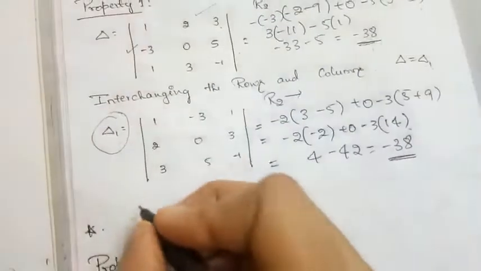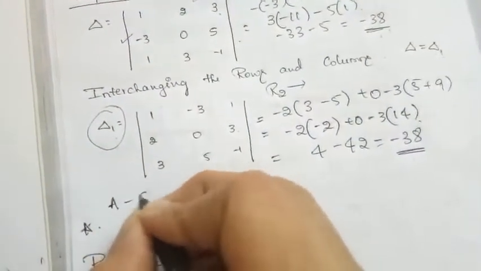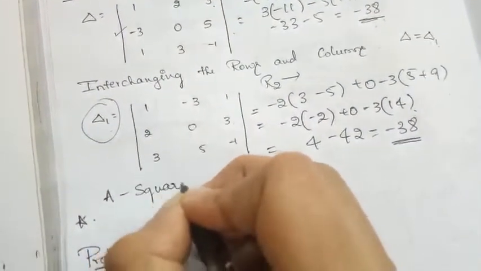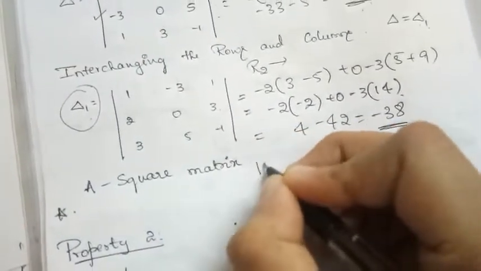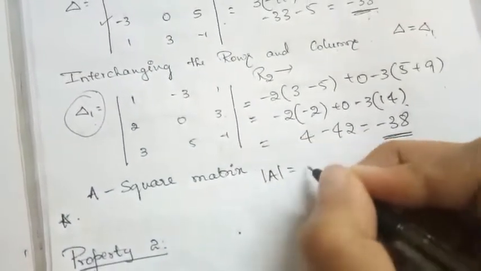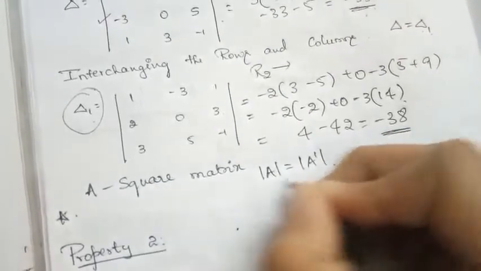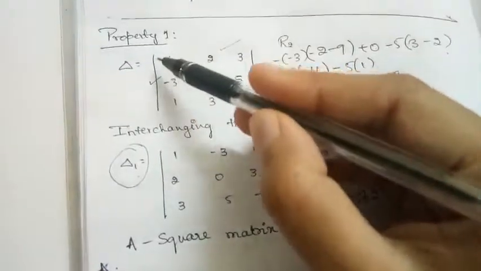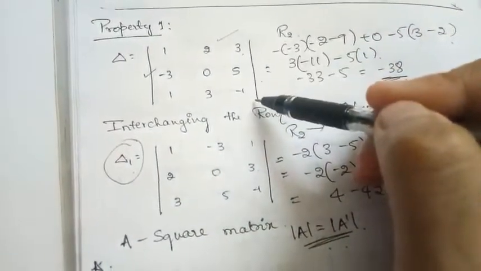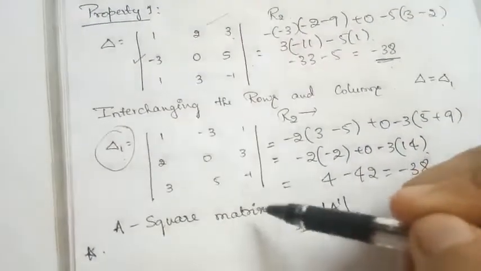So if I am going to say the same, this property in the matrix manner means, if A is a square matrix, then the determinant value of that matrix is equal to the determinant value of the transpose of that matrix. So here it is a transpose itself, right? I have mentioned here that in the determinant, the transpose is going to come only in the matrix, not in the determinant.